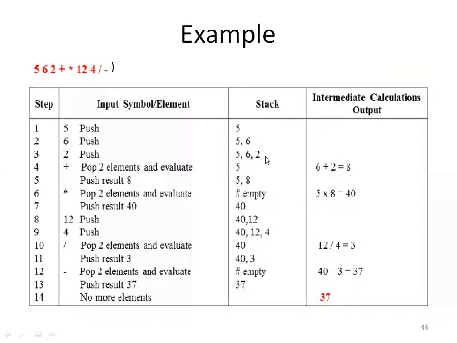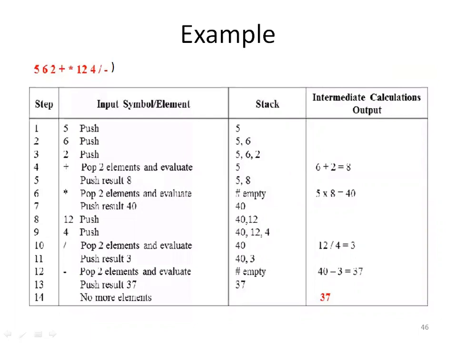इसको pop कर दिए. Pop करने के बाद और क्या है यहाँ पर? खाली 5 ही बचा है. Only 5 is there in the stack now. So after popping this, we are applying this operator. 6 plus 2 is done, and we are getting this result 8. So after getting this result, what to do with it? We have to again push this result onto the stack. So that is pushed here, 8. Okay, now we have 5 and 8 in the stack, right?